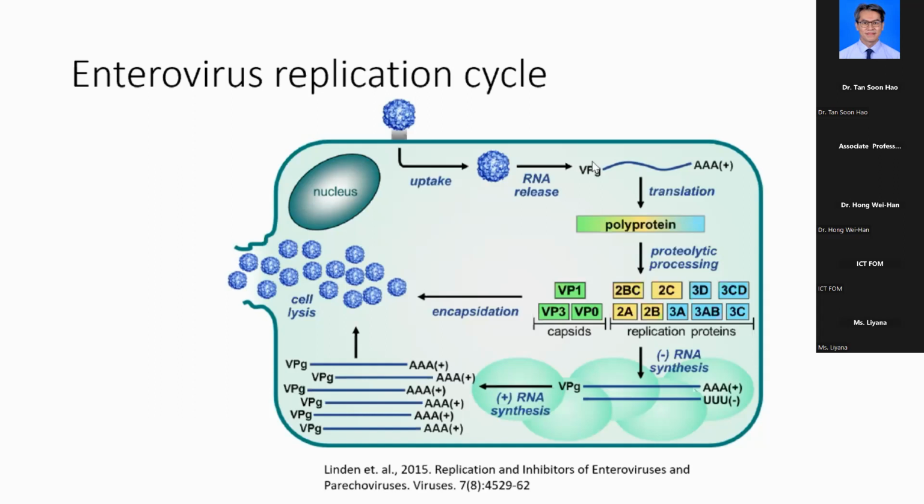They can directly undergo translation. Translation means producing protein. So once the genome is released into the cytoplasm, it will start to translate and produce a polyprotein. This polyprotein will later be processed into individual capsid proteins, which we call structural, meaning the building blocks of the virus, and replication proteins, or non-structural proteins, that are involved in genome replication, because they need to make more copies of their genomes to form new infectious viruses. After that, the virus gets packaged to form a mature virus, and the cells get lysed so that the virus can be released and continue their replication cycles.